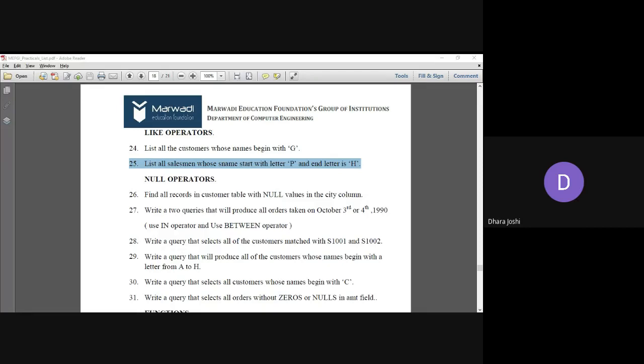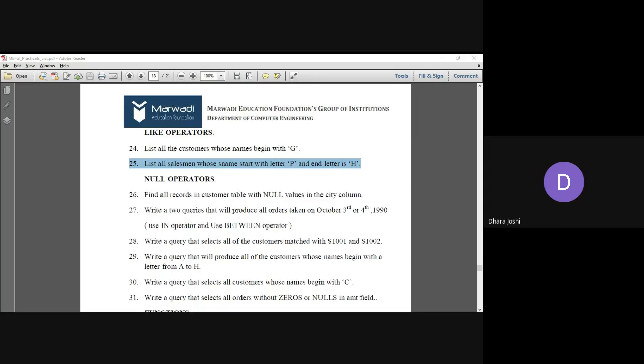Okay, Vaibhav, done. Very good. Instead of writing these two conditions, Dhwani has replied with the answer itself: select star from salesman where S name like P percentage h. Perfect. So you can do it in two different ways. P percentage means the starting character should be P, followed by any number of characters with no limit.